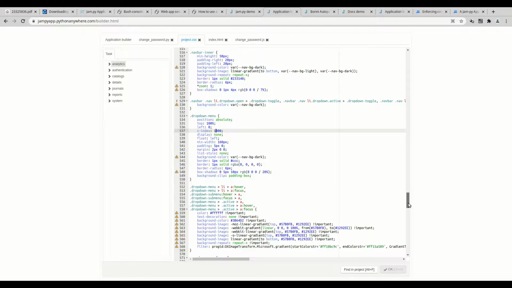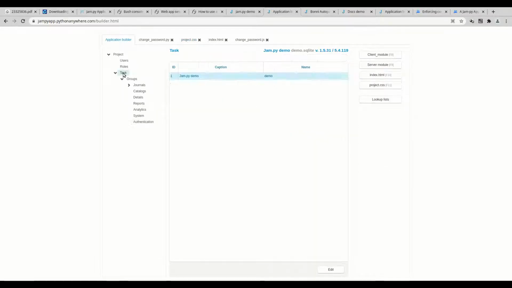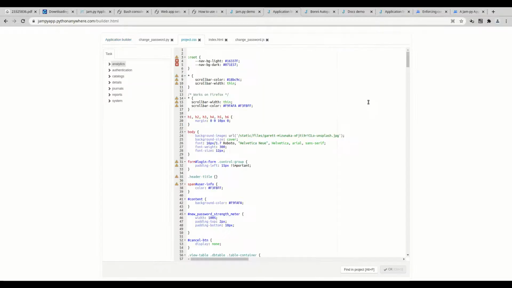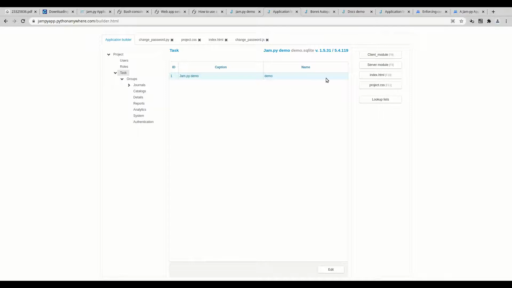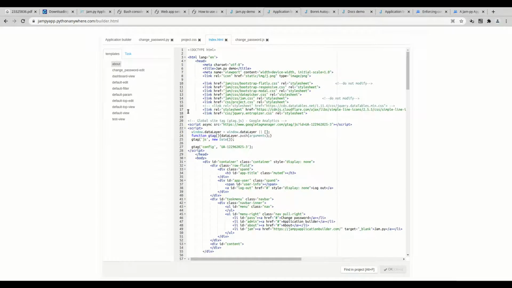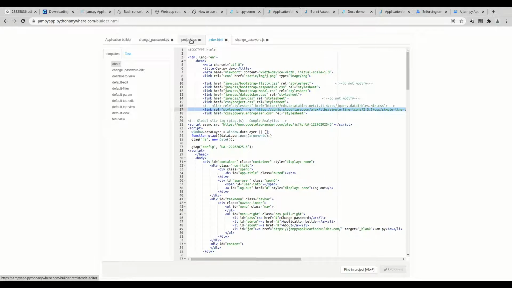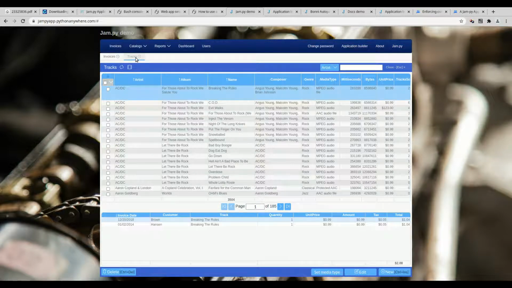You can copy the complete CSS into project file which you can find on task project CSS. Plus you will need the icons which you can find on task index HTML, which is used in here, line 17, simple icons. Just copy this line into your project index HTML and create the project CSS, and everything will work, except you'll find on tracks a problem with the